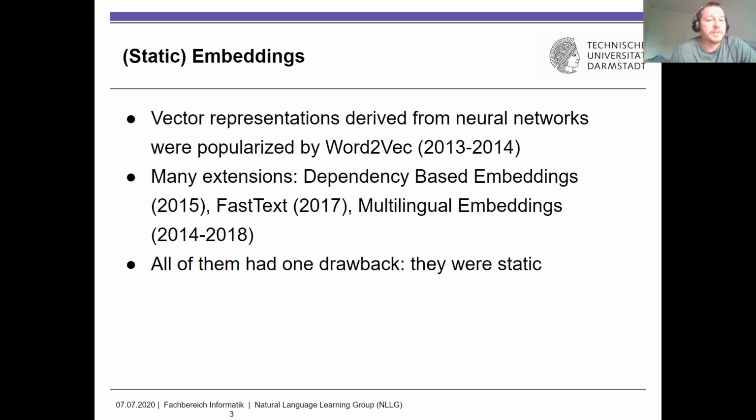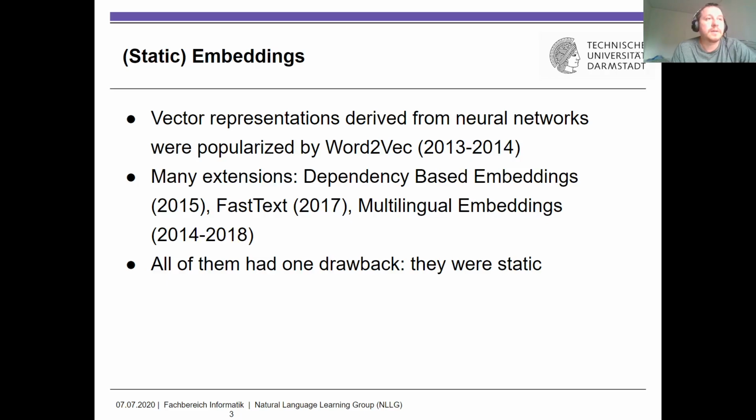So about embeddings, we have seen a lot about static embeddings. So these are vector representations that are derived from neural networks. They were popularized in around 2013, 2014 by the Word2Vec model by Thomas Mikolov. After that, there have been very many extensions proposed,